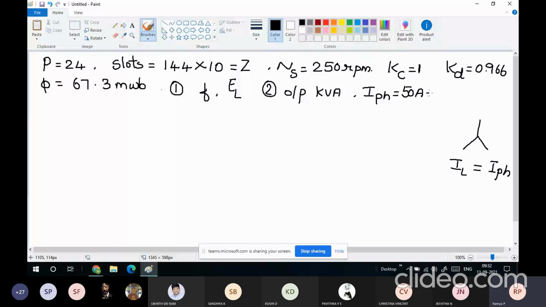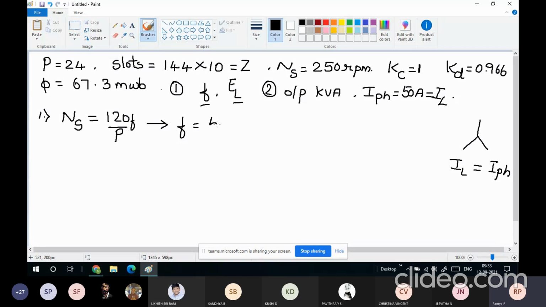Now we are supposed to calculate the frequency, EL and the output kVA. Output kVA is nothing but the output power of a machine. This I will tell you. Now could you calculate frequency and EL and tell me fast? For calculating frequency, what is the thing you are going to consider? The first formula that you have is for synchronous speed: 120 F by P. Poles is known to you, NS is known to you. Can you calculate frequency out of it? What is the value for frequency? Yes, it is 50 hertz.